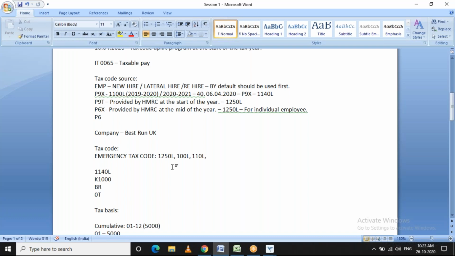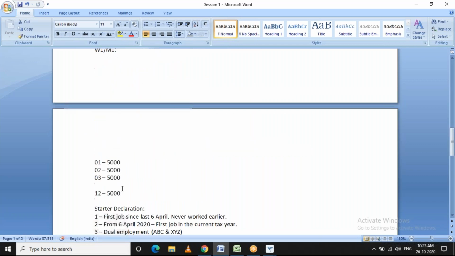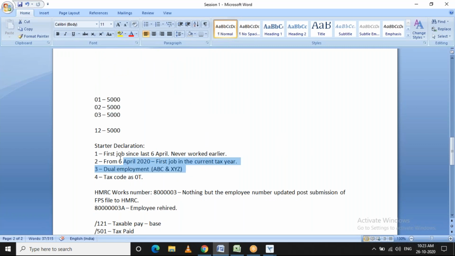For example, as I said, the tax code initially when the employee joins will be on EMP. If he didn't provide any of the details, for example the starter declaration, whether it is his first job or whether he worked in previous employment, then by default the company will use the starter declaration as 4 and the tax code as 0T.